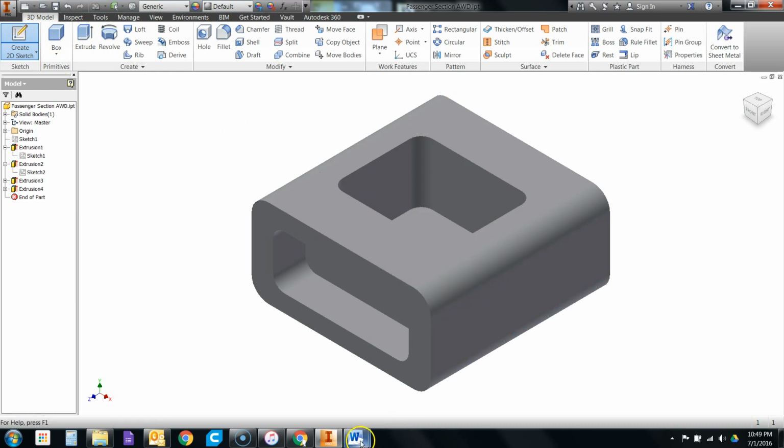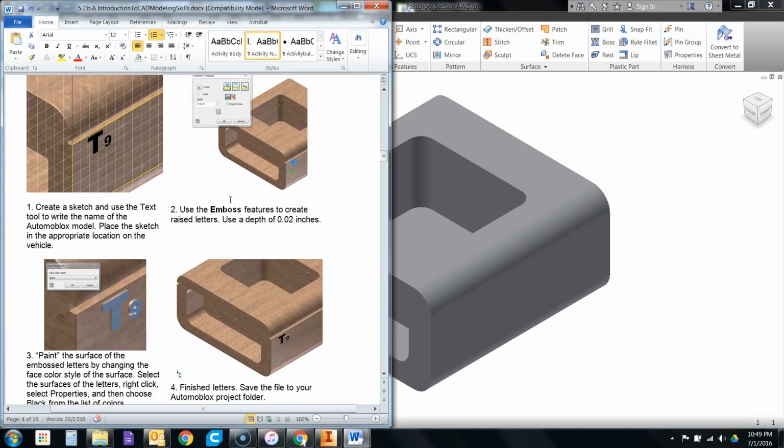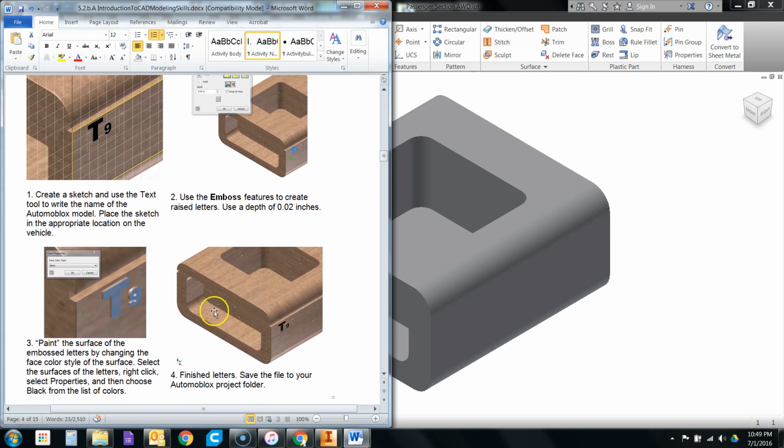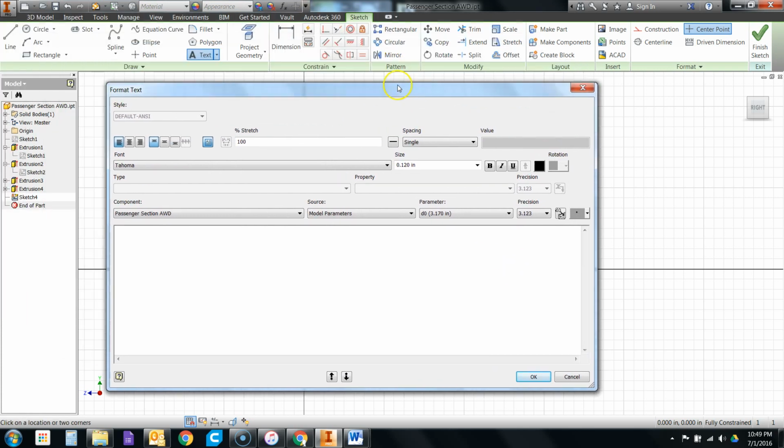So we're just going to go with what we think is the best. Sketch on, well, which face? They don't really identify it, but it sure does look like it's the bigger opening. So I'm going to say the right side face. Place our sketch there. Use the text tool under the draw panel. Text, and I'll place it somewhere in this corner. Now you could just click or you can drag out a box. It's totally up to you, but it opens up a new window, and you can put in